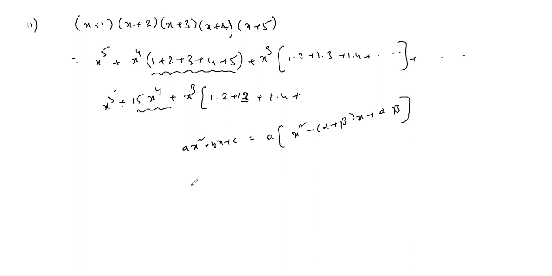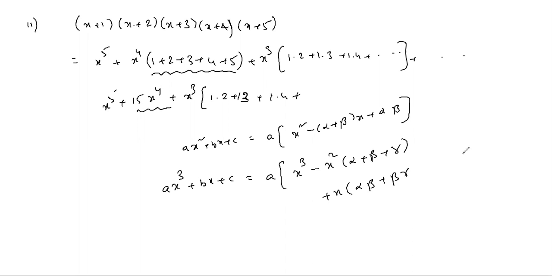Like this, suppose if you have three roots, you have to write like this: a into x cube minus x square into sum of the roots plus x into taken 2 at a time minus constant, alpha beta taken 3 at a time, means only 1 you will get. Sum of the roots taken 1 at a time, taken 2 at a time, taken 3 at a time, taken 4 at a time, and so on. Last, product of all the roots. Like this, you have to write theory of equations.